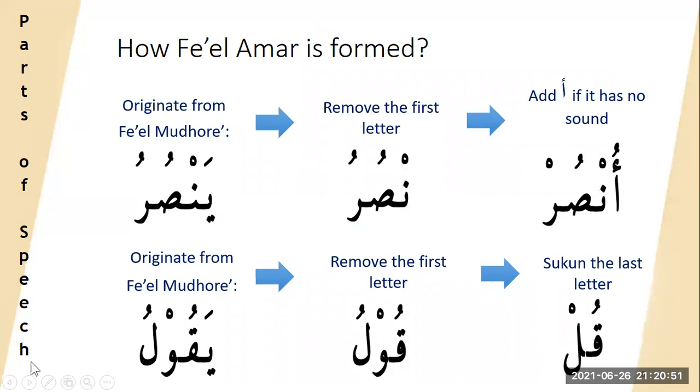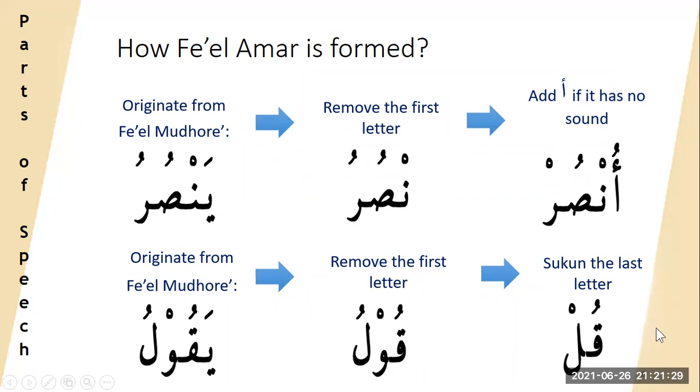Again, for another form, like yaqulu, you remove the ya, you can say the word qul with a long wow here, quwl. For Arabs to say quwl, long, is difficult. Even for us, quwl is not efficient. So they changed it to just qul. That's why qul means say. Where's the wow? There's a wow originally because yaqulu has a wow, but it has transformed from quwl to qul.